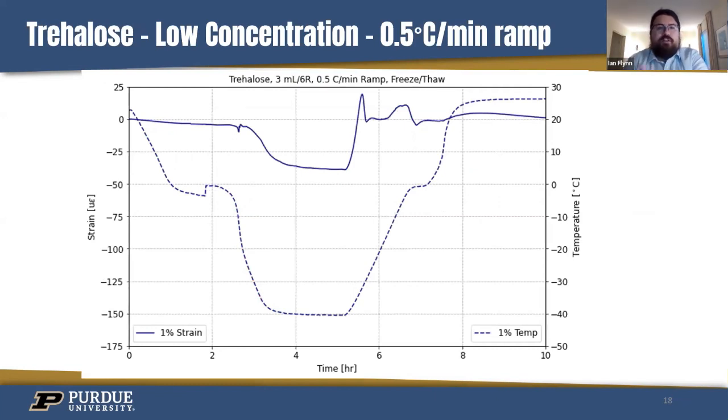And now moving into another excipient, we have trehalose. So trehalose is going to behave very similar to sucrose, but with one big caveat being the amount of strain that we're seeing during this freezing period. So again, we're going to see this little small peak that's similar to what we saw with water, a peak around our glass transition for this formulation, and a peak around negative 3 degrees Celsius